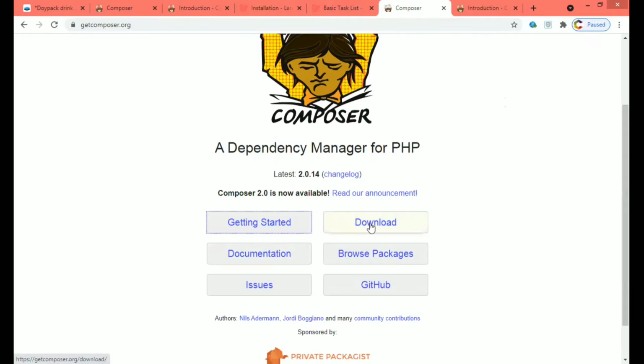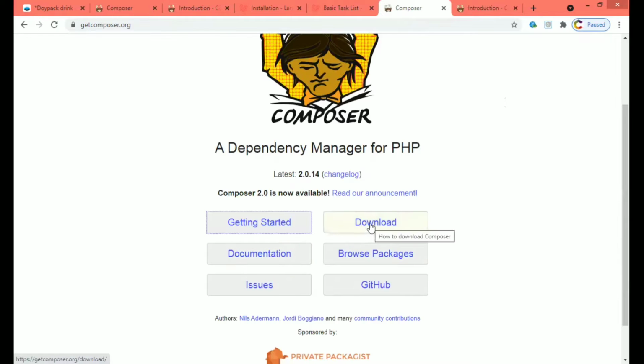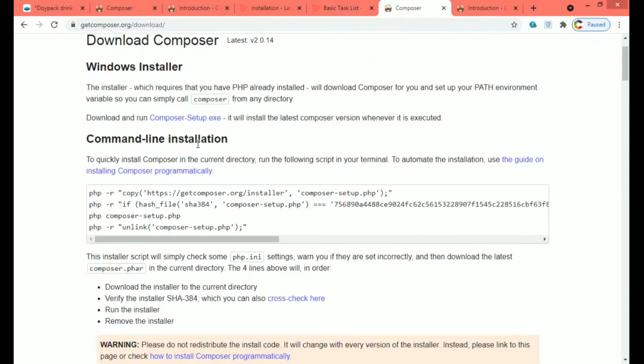So guys, now we are going to install Composer from the Composer official website. So here is the website. This is the official website, and there are some links. We will go to the download link. I already downloaded it, but I will download it again. There are two options: first is with the command line and the second option is manually. I recommend you go with the command line, which is very fast.